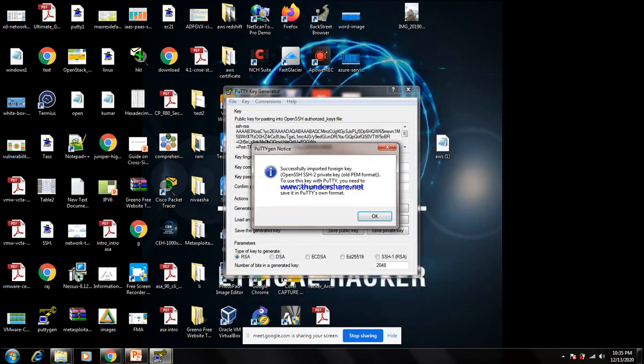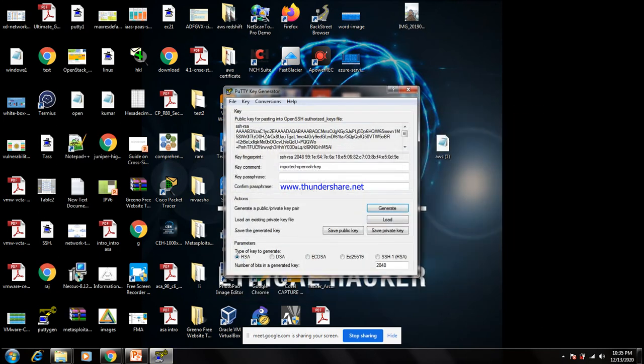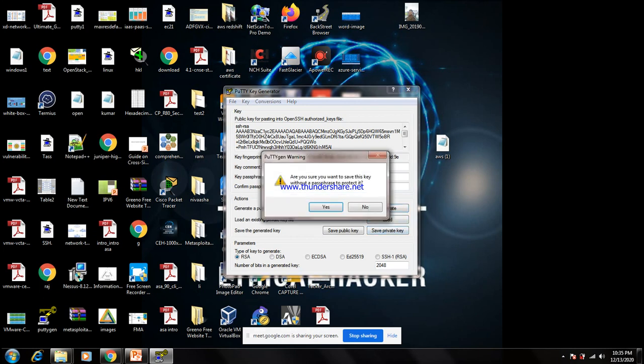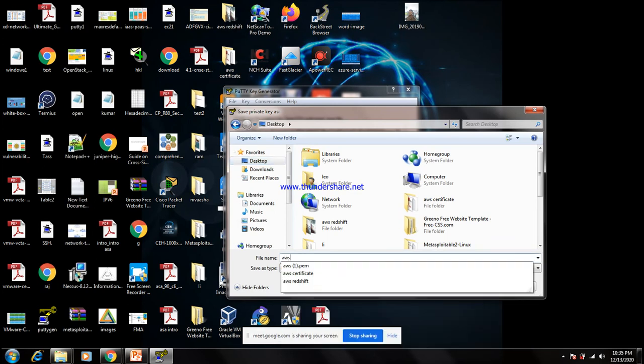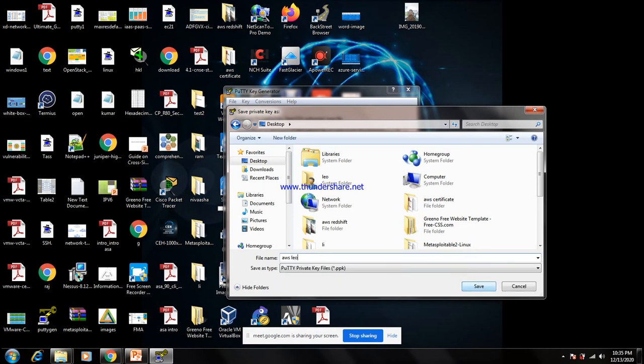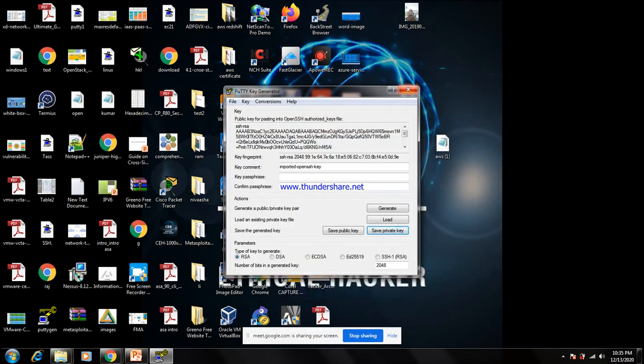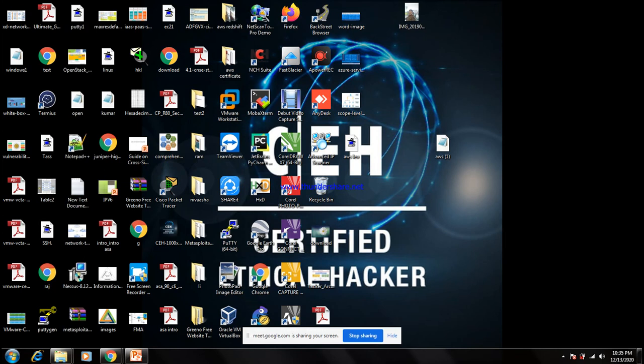Open the key, I can give OK. Save the private key now. Give the Save button. It's asking to save. I can give save, at the same desktop location. I can give the name, AWS Leo. Then I can close this.